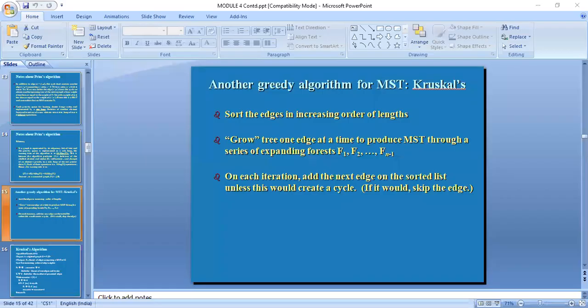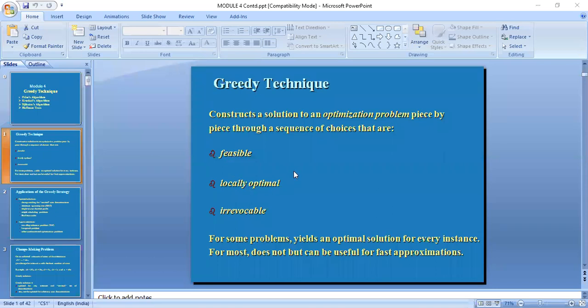We were seeing the fourth module, where you have the greedy technique. So we are now seeing the greedy technique. We have the optimization problem, where there are two types, optimization and approximate. So here we are going to deal with the optimization problem.